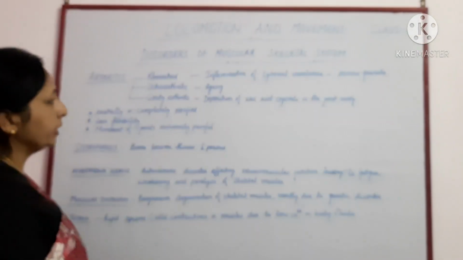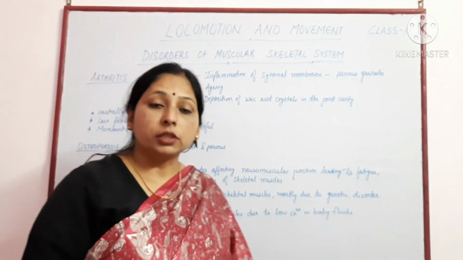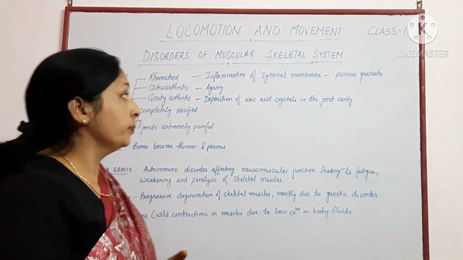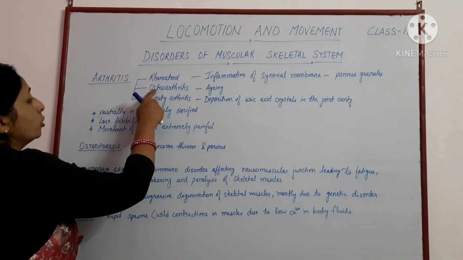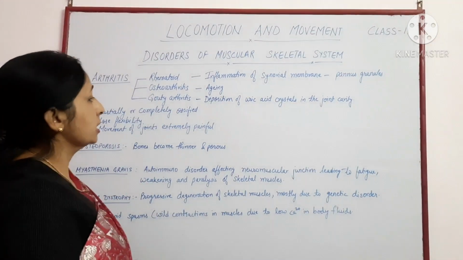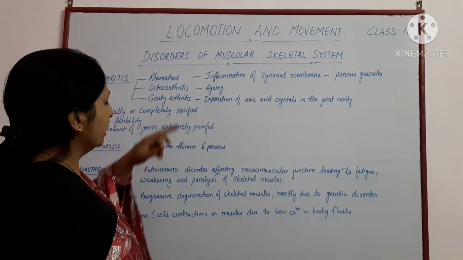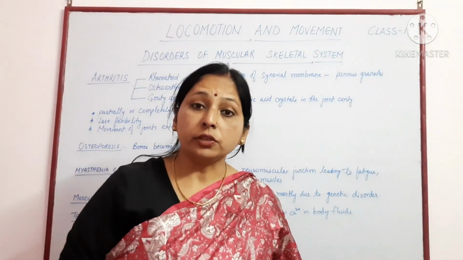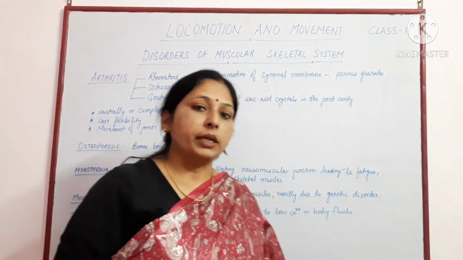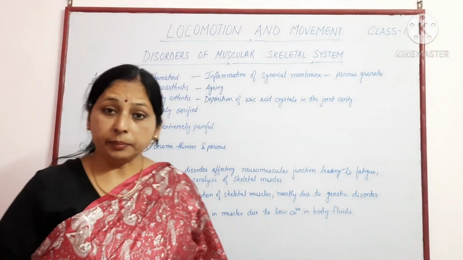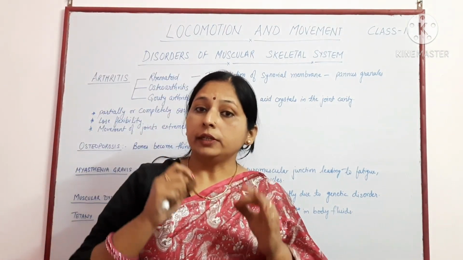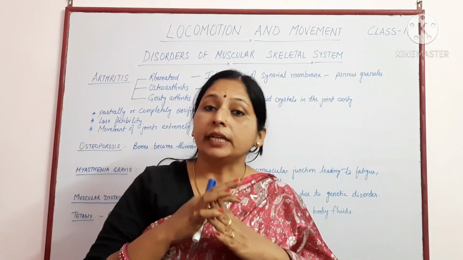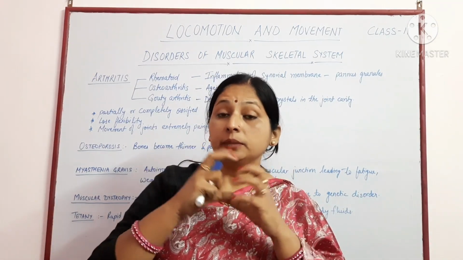First is arthritis. Arthritis is of three types. One is rheumatoid arthritis, second is osteoarthritis, and third is gouty arthritis. Rheumatoid arthritis is due to the inflammation of the synovial membrane. Synovial fluid is the fluid which helps in lubrication. It is present between the joints,